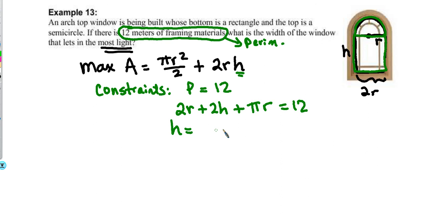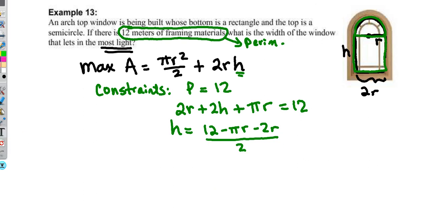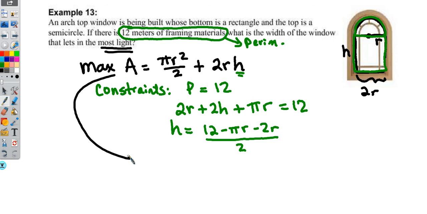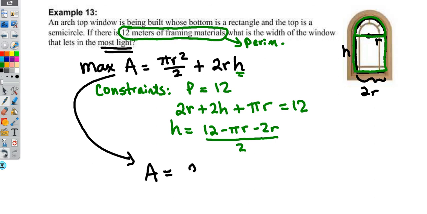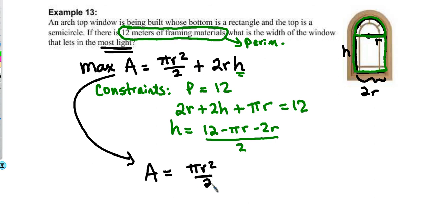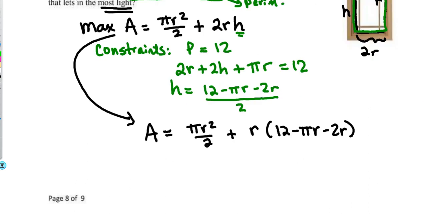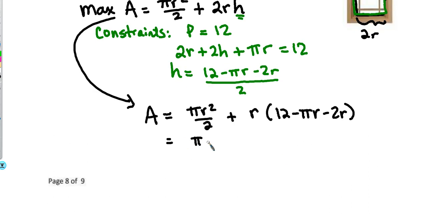So I would say h equals (12 minus pi r minus 2r) all over 2. So that's going to be what I use to substitute. My primary equation is going to be A equals r times (pi r squared over 2 plus the 2r, the 2's are going to cancel). Can I just go ahead and cancel those and simplify and get r times (12 minus pi r minus 2r). And basically, just to simplify to something ready to take a derivative, let's make it pi over 2 r squared